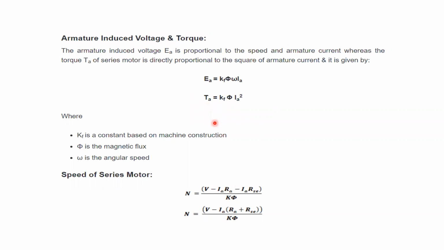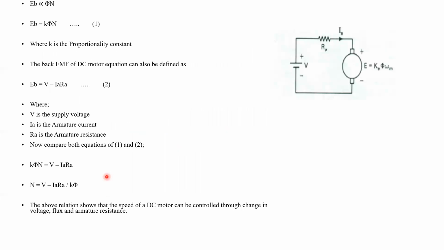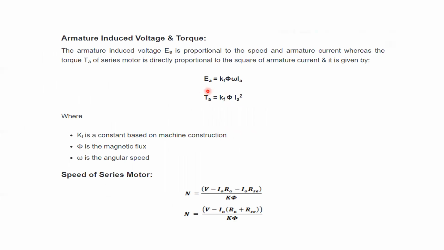So see here, these are the same equations which we have discussed previously. All these equations, but only in some textbooks they have used them like this. Some textbooks represent back EMF with EA, some textbooks represent it as EB. Clear? So that's why, for reference only, I have taken the screenshot from the textbook and I am showing you. These are the equations in the textbooks.